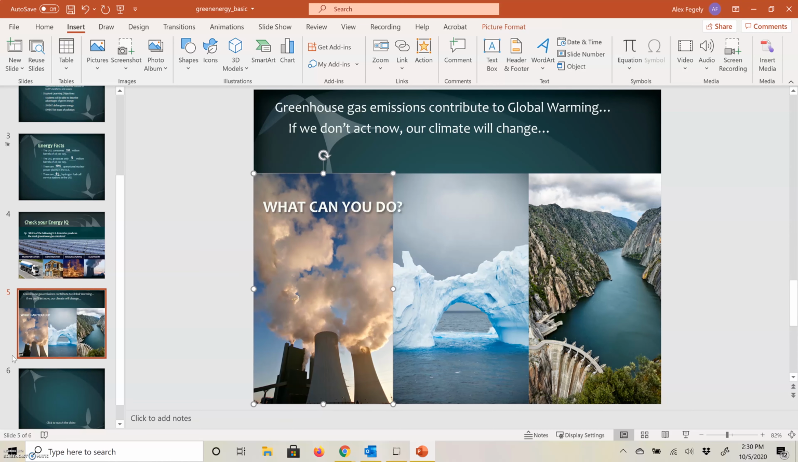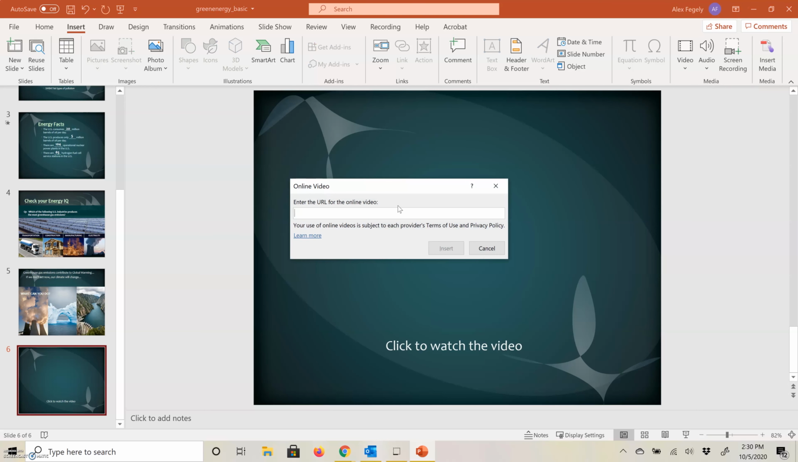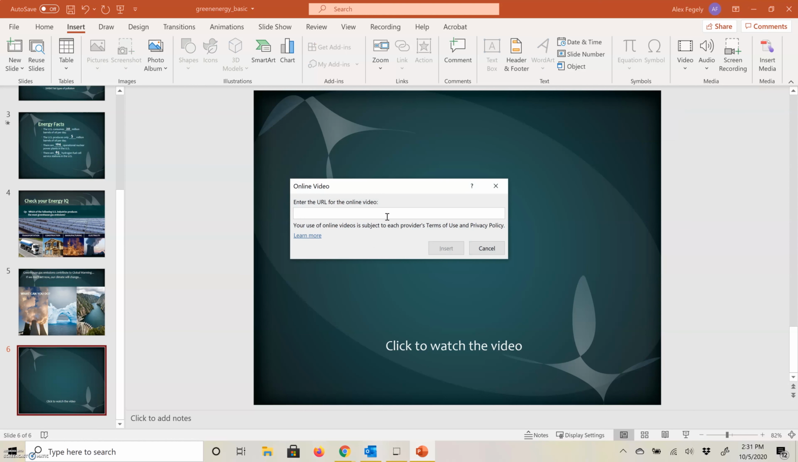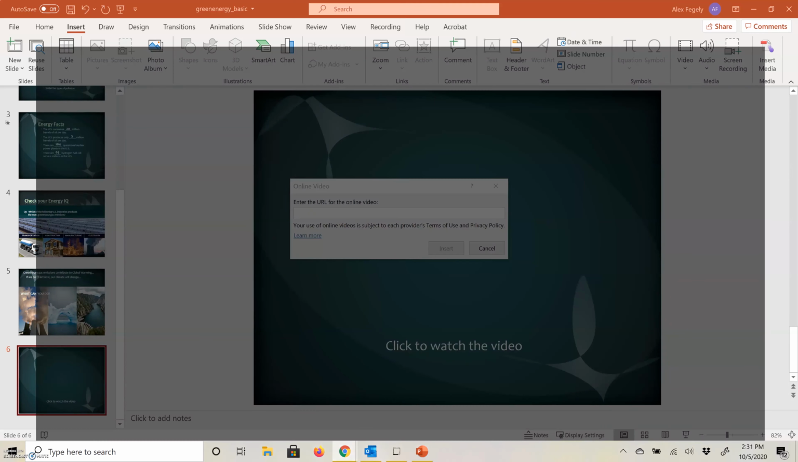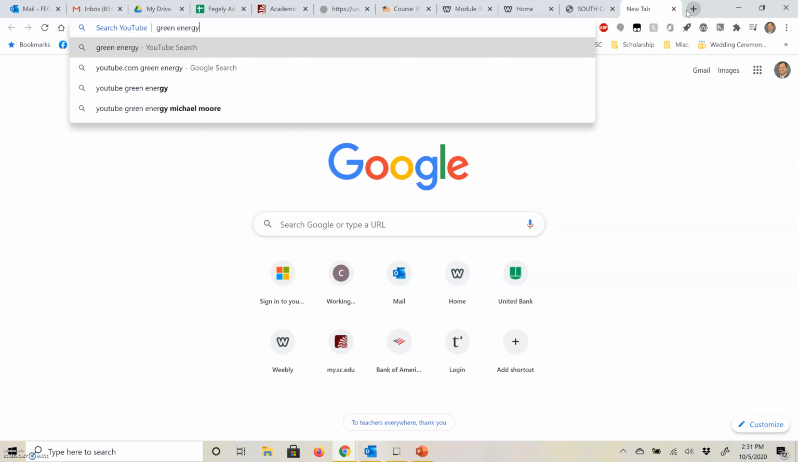Now for videos, what you can do to insert a video is you can go to video in the top right hand corner, you can select online video, and then you can paste in the URL for a video here, or you can go to video, videos on my PC, and you can add one that way. What we're going to do is go to the online videos, so you can enter the URL of a video right in here. So if I go to youtube.com and I search for green energy,